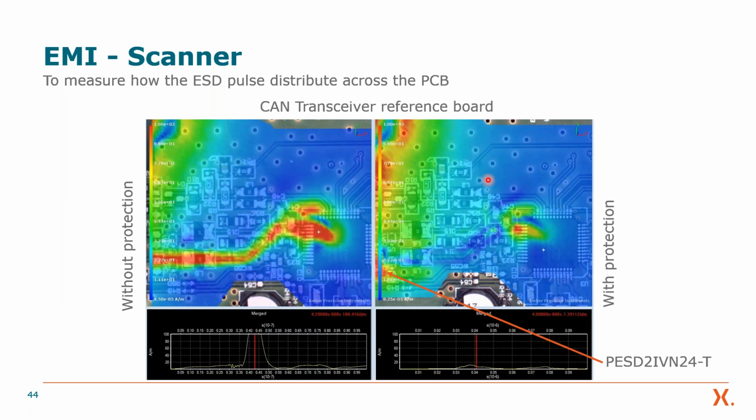What you see here on the left-hand side is the PCB without external ESD protection. You remember the schematics we showed before. There's no external ESD protection. It's just the network, some resistors, inductances, and then the IC. In the event of an ESD, with the help of the EMI scanner, we can see that the ESD current really flows through the traces into the IC,